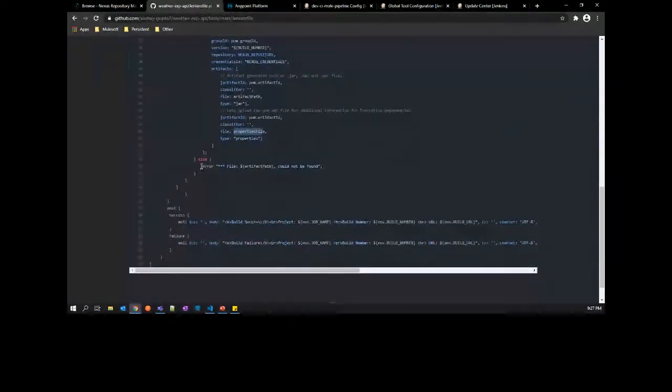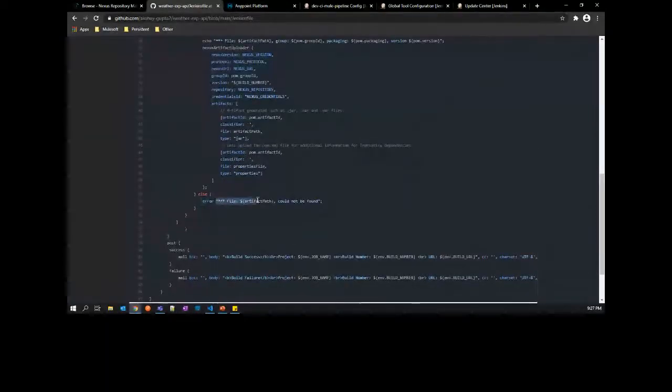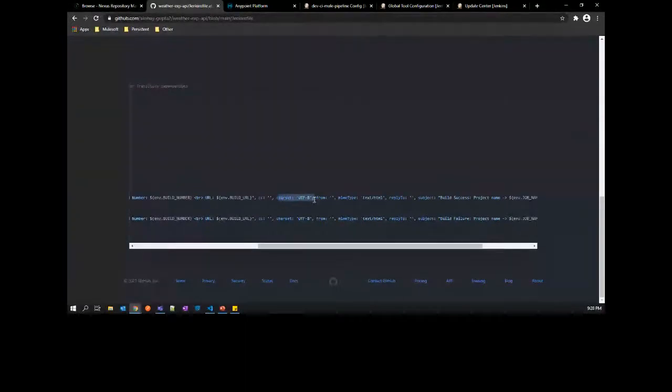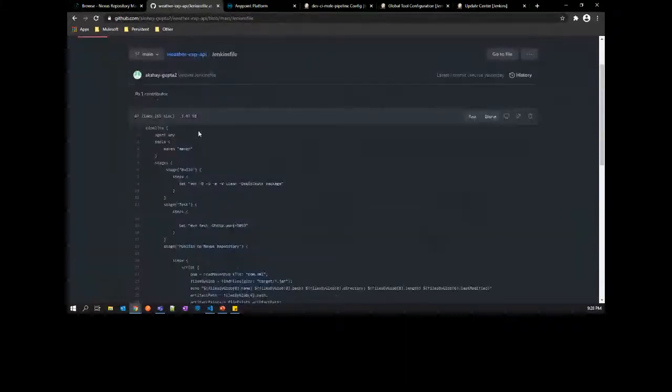And if you see any error during this upload, it will simply say that there was some error and this file could not be found. And this post build action identifies what to do in case of success of this script and what to do in case of failure of this script. In both cases, we are simply triggering a mail. It has the following parameters like BCC, body, and you can see here we have all the properties that are required to send mail. And at the end, we are defining to whom to send the mail. So once this pipeline executes, as a result of this pipeline execution,